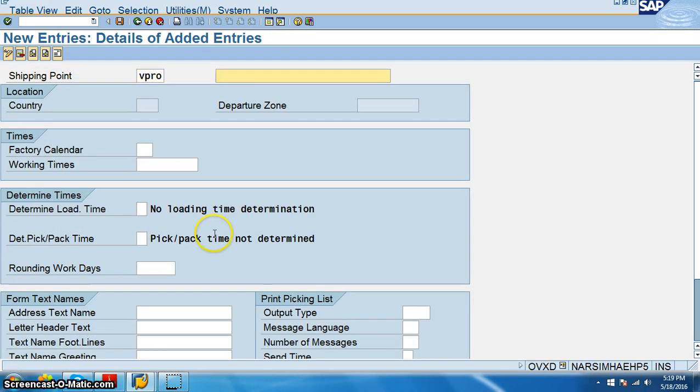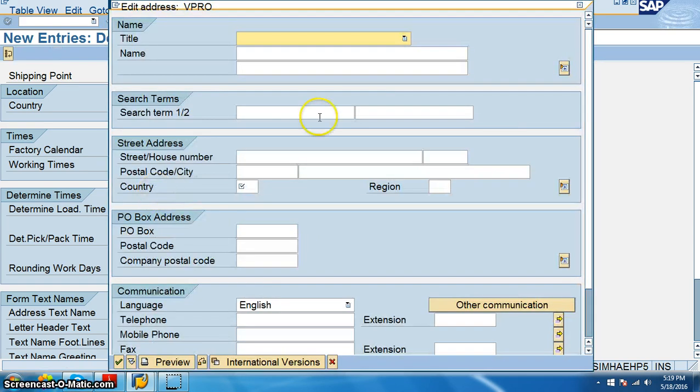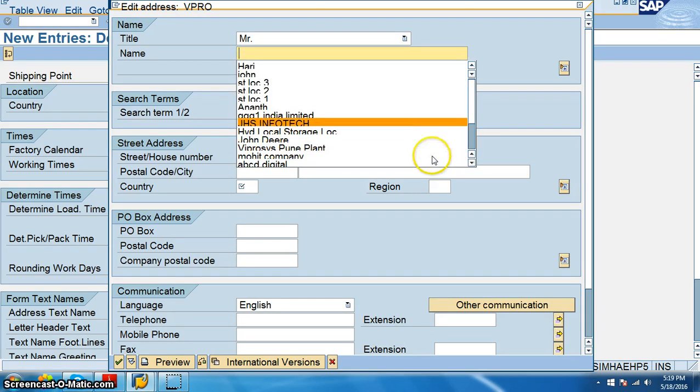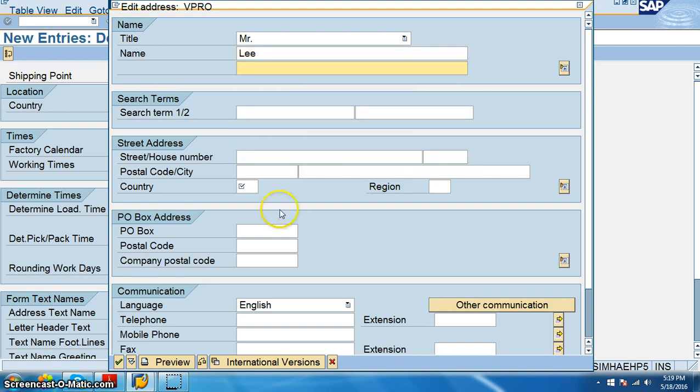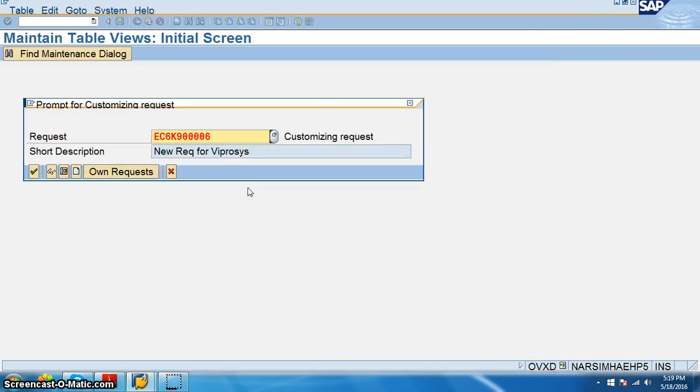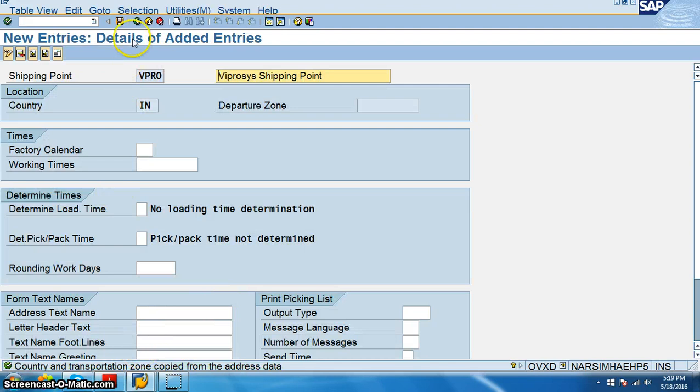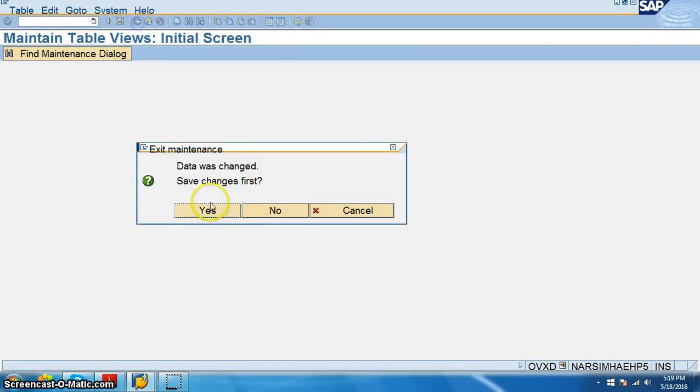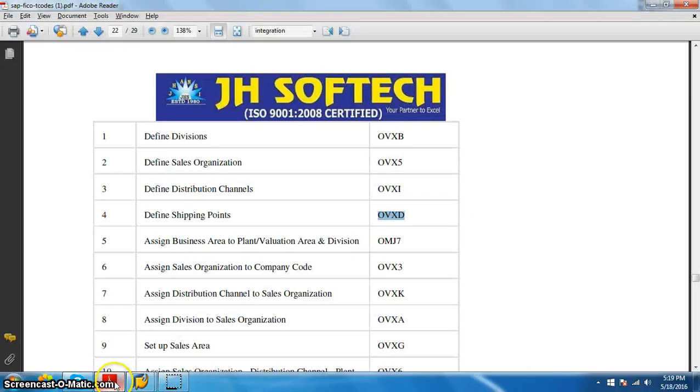This also we take as shipping point, as we process shipping point, factory calendar, and so we process, yes,